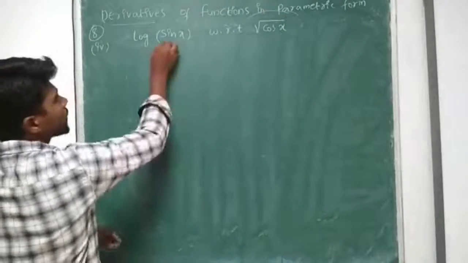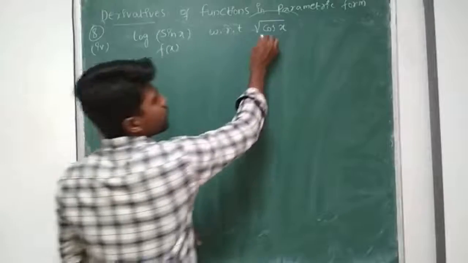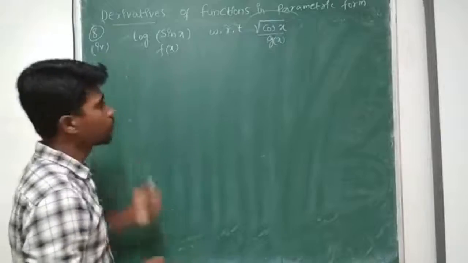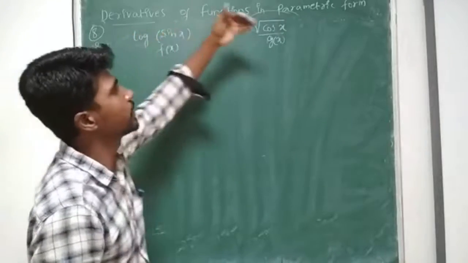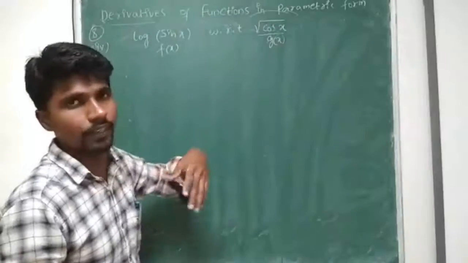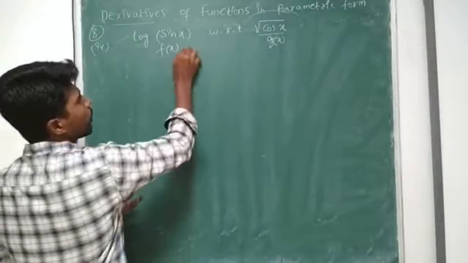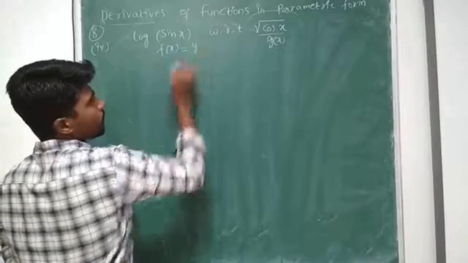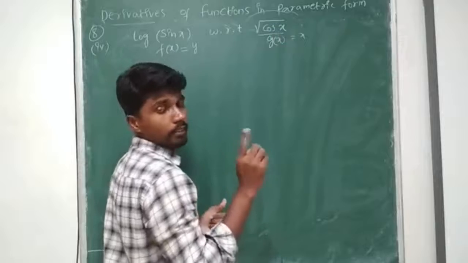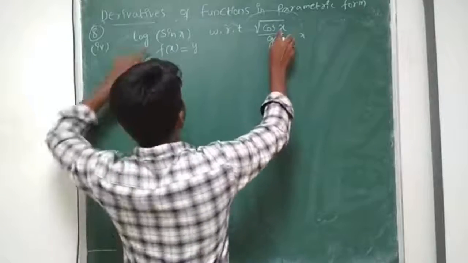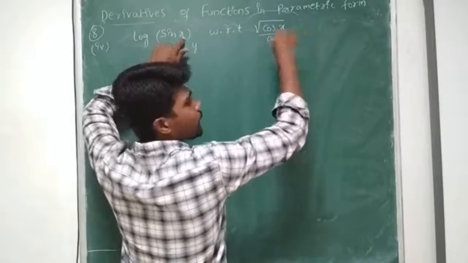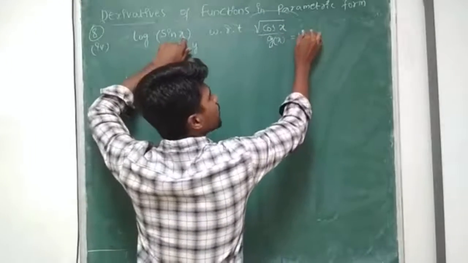So this one is a function in x and this is also a function in x. So I take them as f of x and g of x. Differentiation of f of x with respect to g of x. So we take f of x as y. Don't take x; why should we not take x? The given functions are defined in terms of x, so that variable we should not use. Take another variable, let it be u.